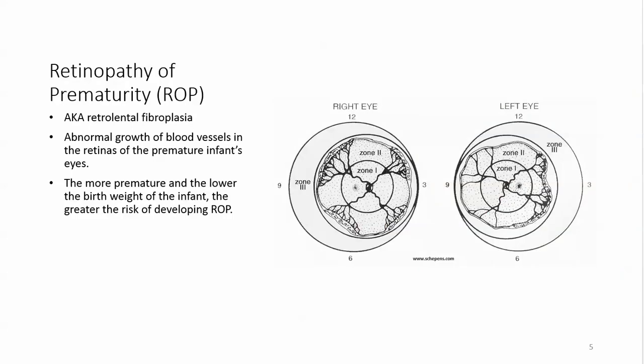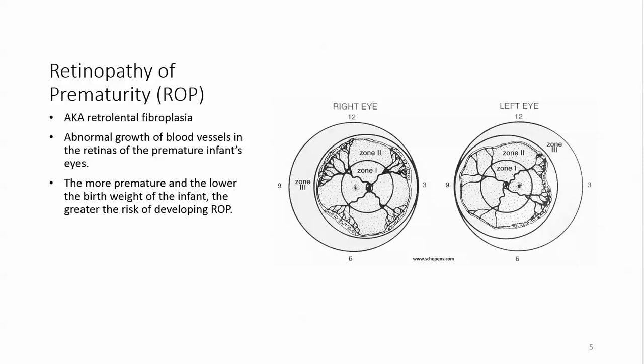Okay, this next one is retinopathy of prematurity. It's also known as retrolental fibroplasia. Okay, so retrolental is in back of the lens. This is an abnormal growth of blood vessels in the retinas of premature infants' eyes. The more premature and the lower the birth weight of the infant, the greater the risk of developing ROP or